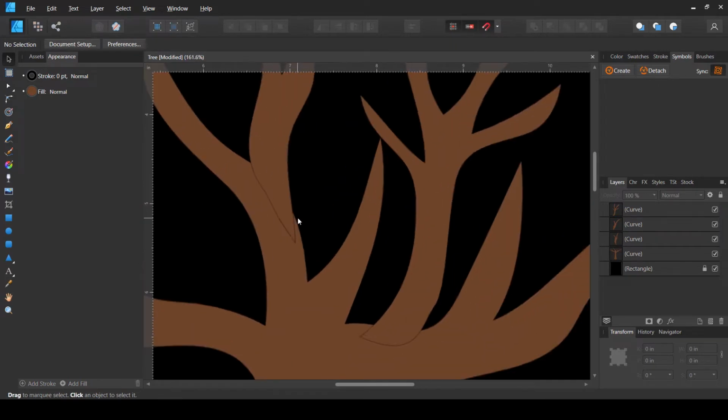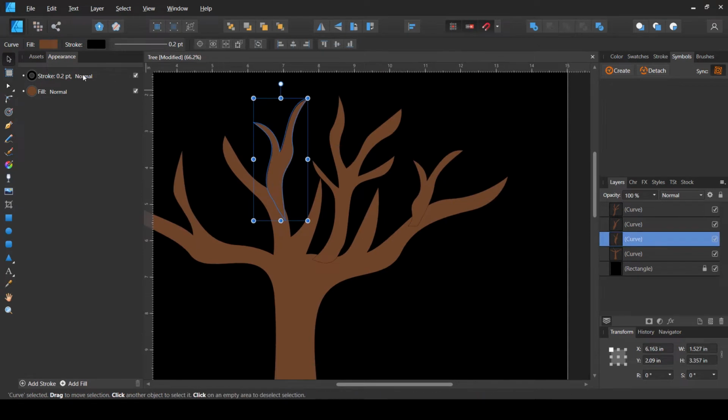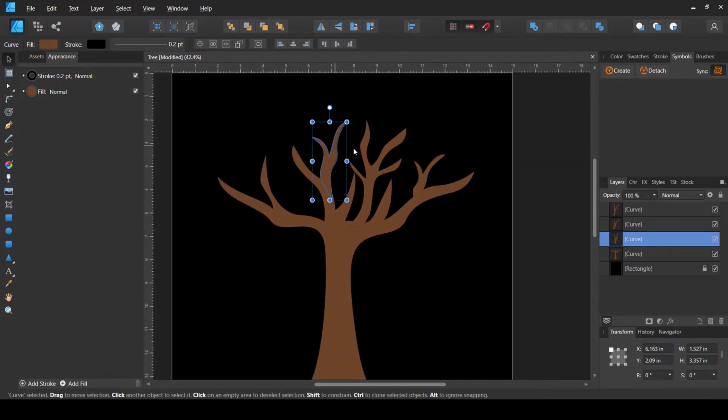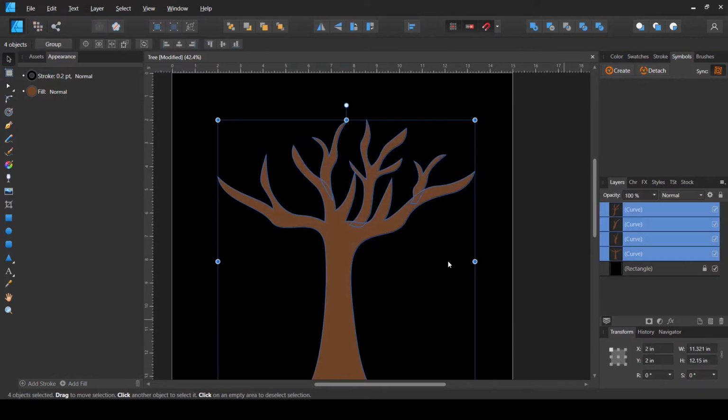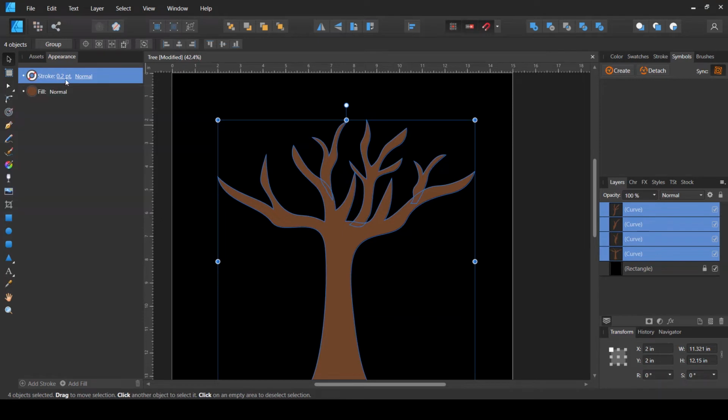Now you might be seeing a thin black line, and that is because there is a very small stroke automatically applied to it, and we should just remove that. So I'm going to select all of this. I'm going to select the stroke color, choose none, select the stroke width, and then choose none.